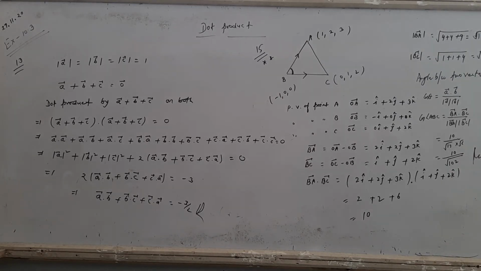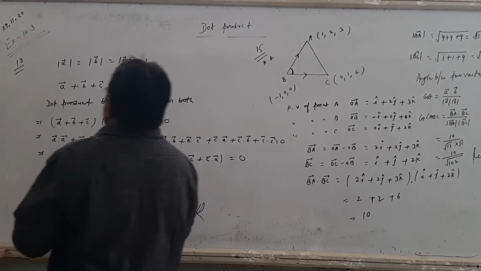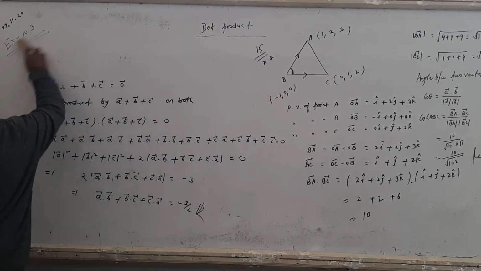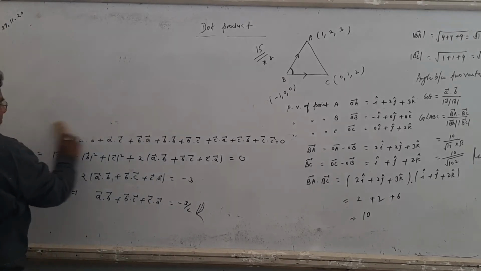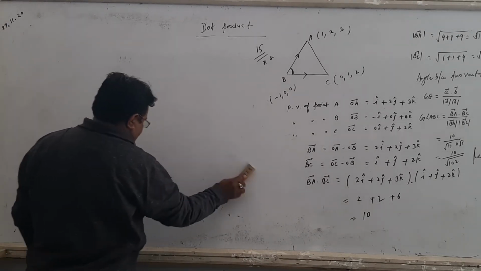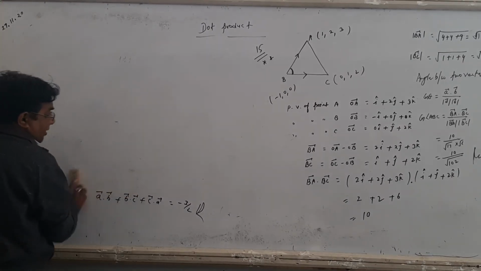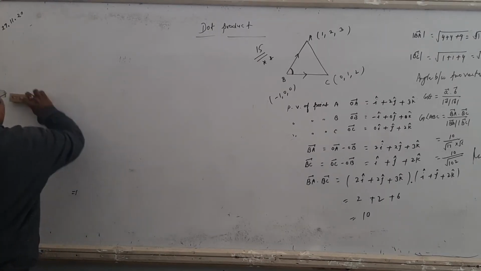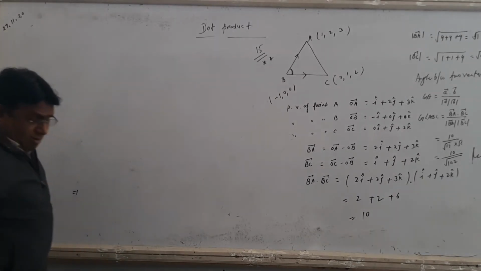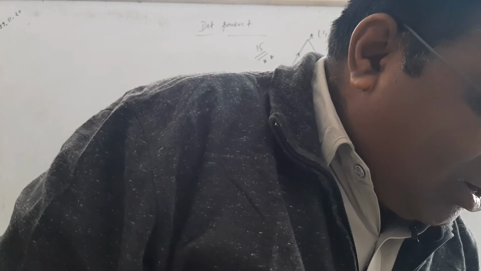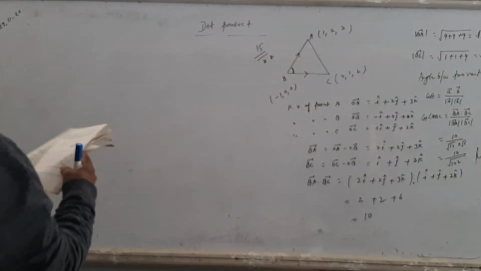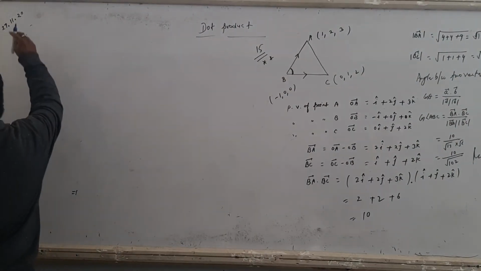Question number 17. Now show that the three vectors form the vertices of a right triangle. Same question we did in 10.2, right? This question can be solved by two methods. One is a very simple method: you have to prove a right triangle. Vertices are given, that means the coordinates of point A, point B, and point C are given, right? Vertices are given, that means vector OA, vector OB, and vector OC are given. And now prove the right triangle.